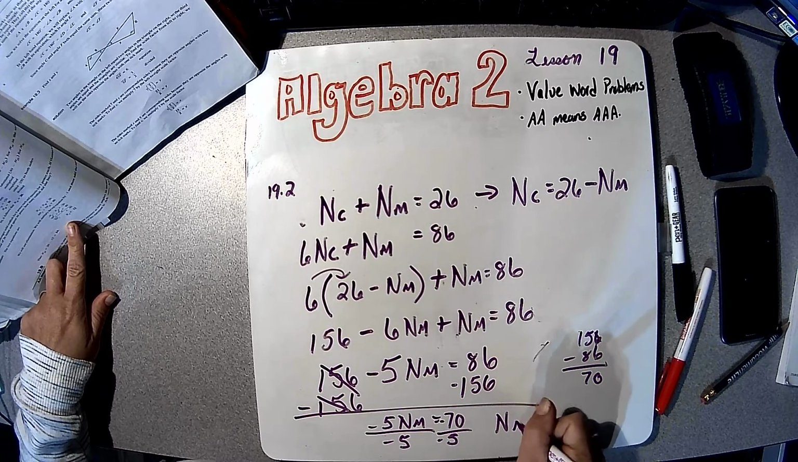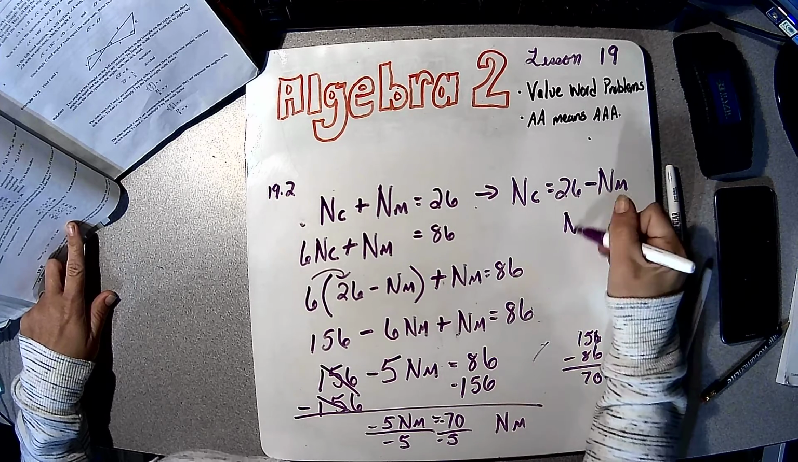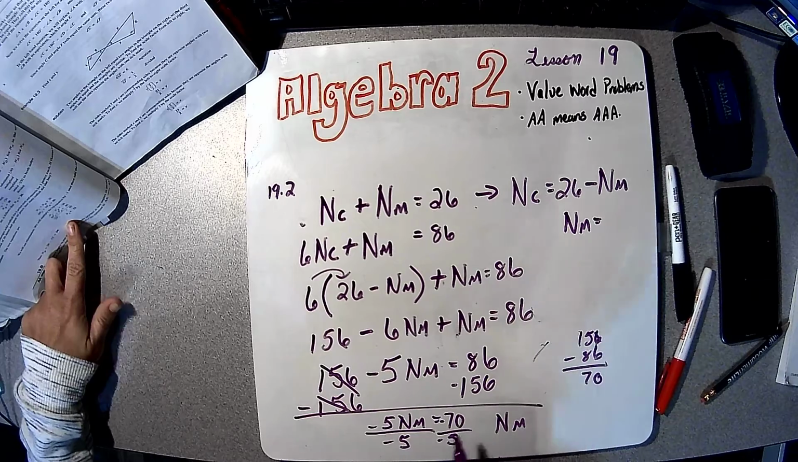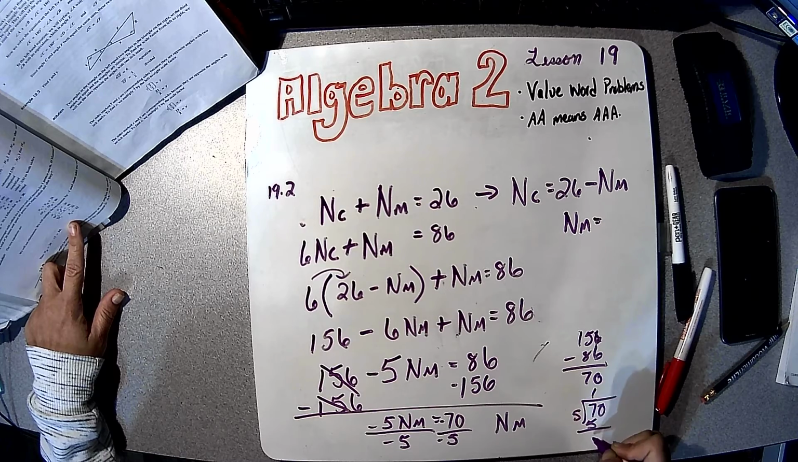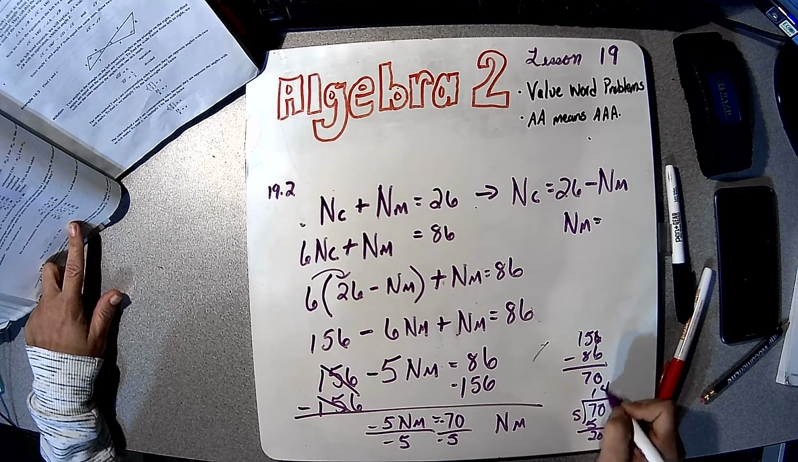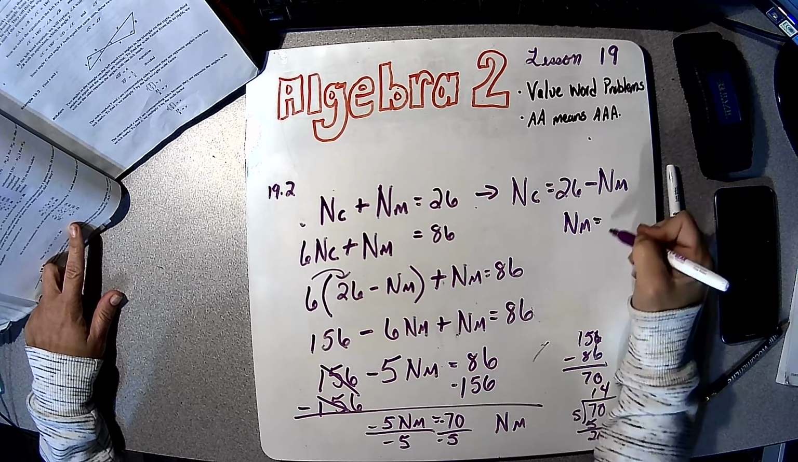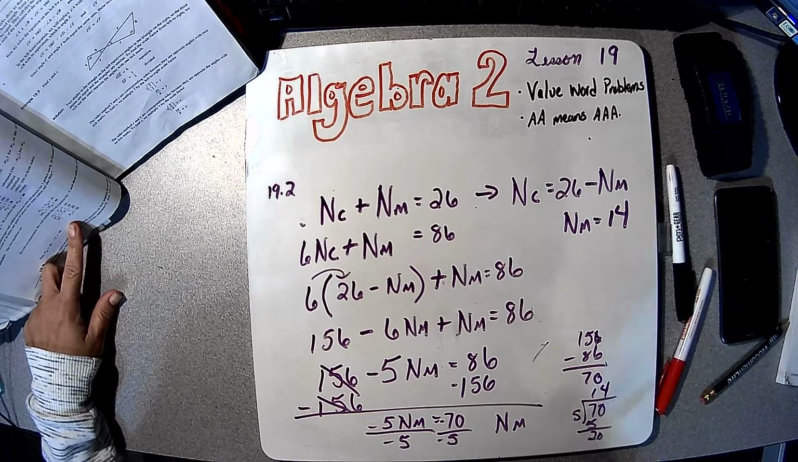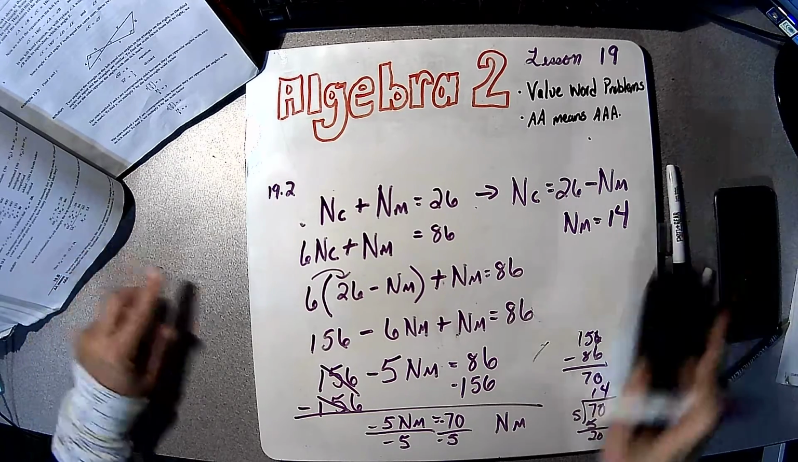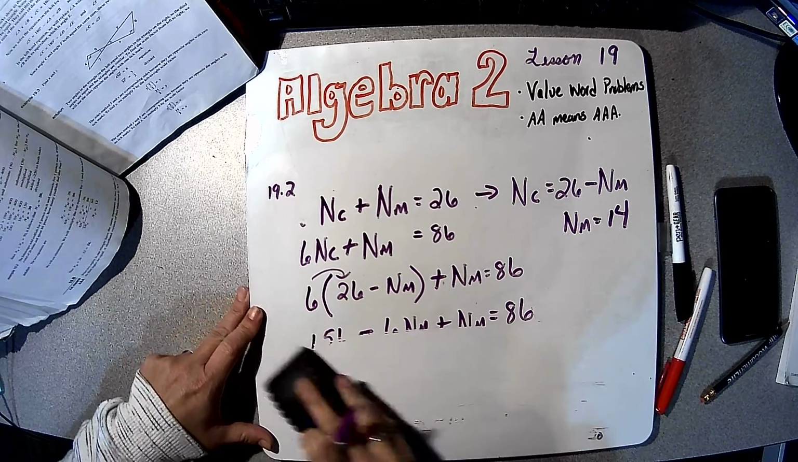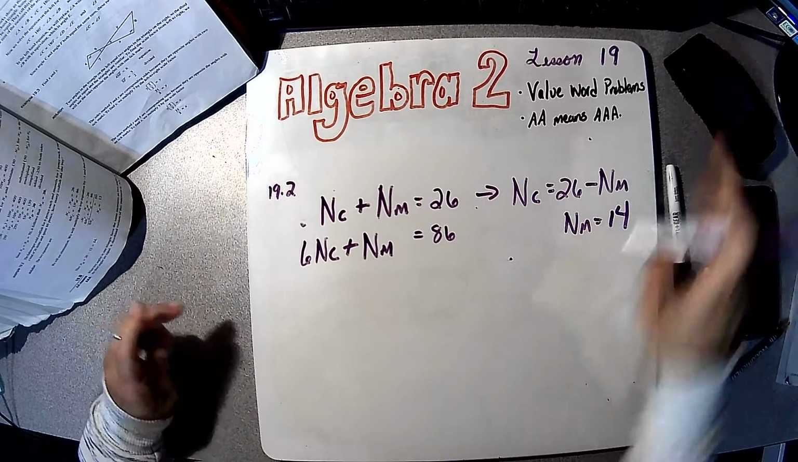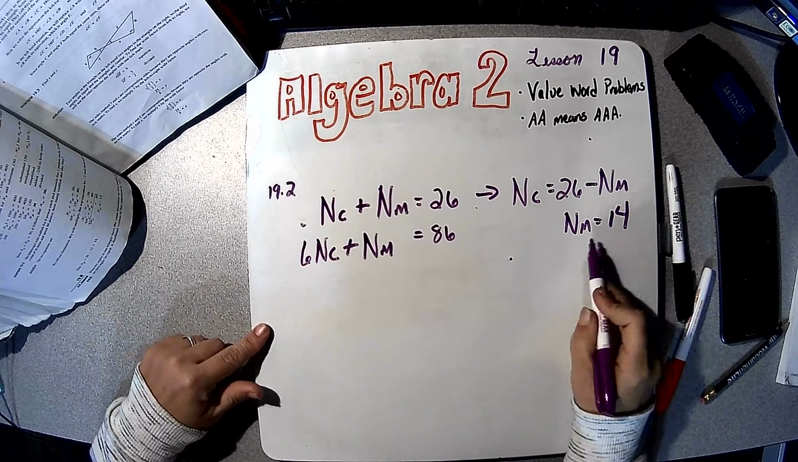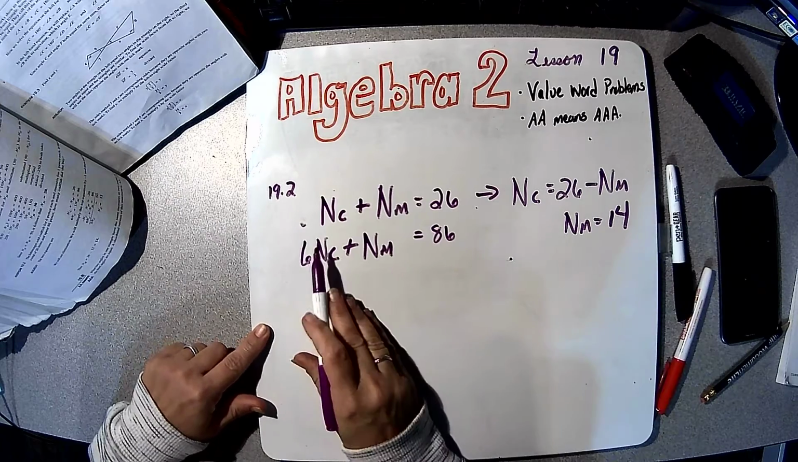And the number of mussels, actually I'm going to write up here, number of mussels equals 70 divided by 5, 14. So it's just like the substitution that we've been doing before. You just have to figure out how to set up the problem from what they give you in the word problem. All right, so now that we know the number of mussels is 14, we can just plug that into